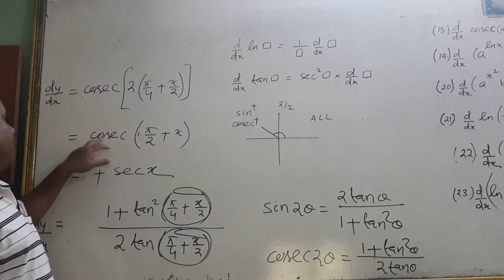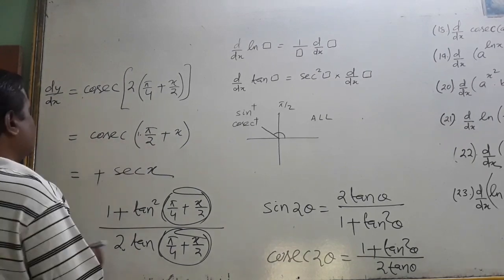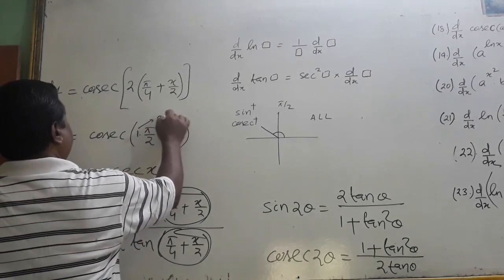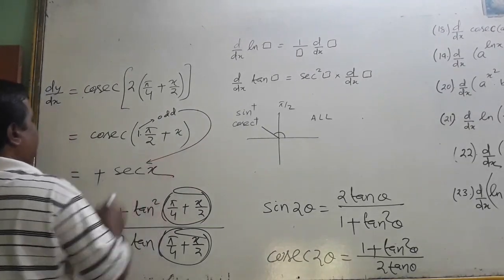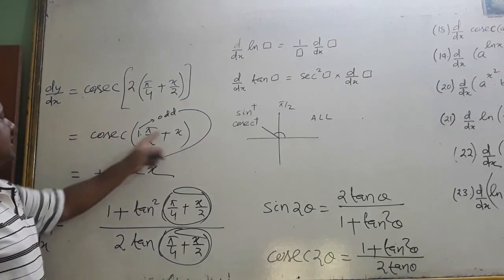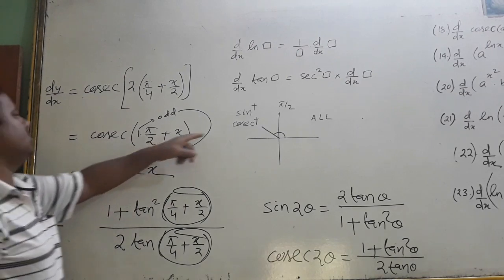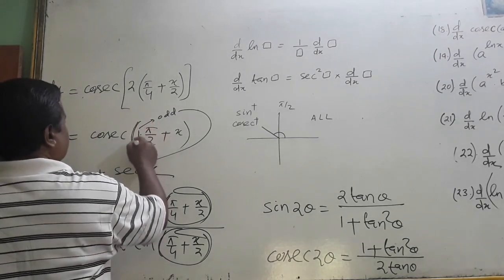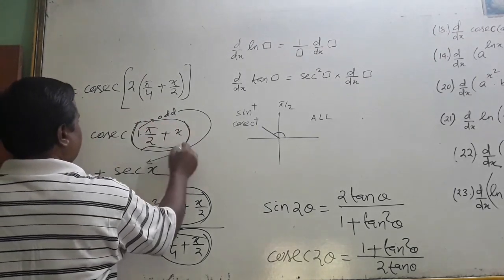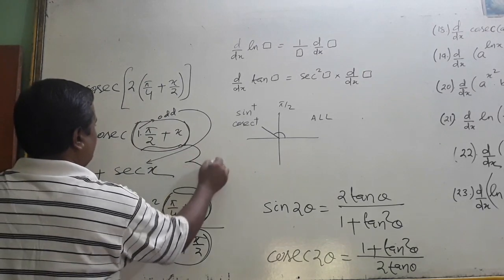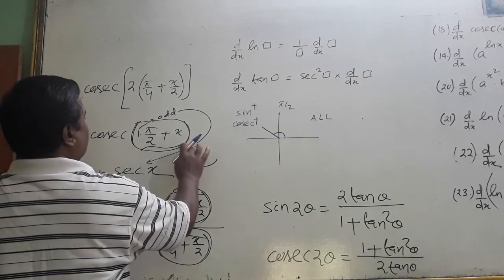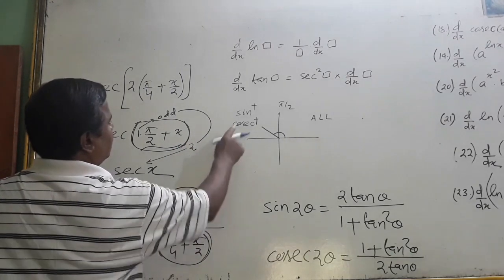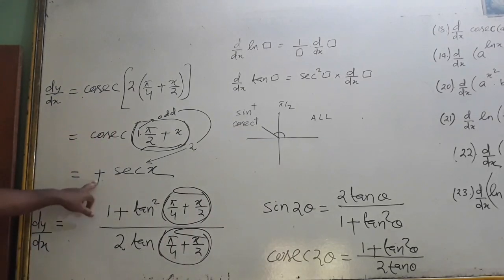Remember it again. Cosec odd pi by 2, this one is what? This is 1. 1 means it is odd. If any odd, then it will change its place. Cosec becomes sec. Cosec x becomes sec x. And due to the second quadrant, cosec in quadrant 2 is positive. I am writing this is quadrant 2. So when it is in quadrant 2, it is positive. So it is written as positive.